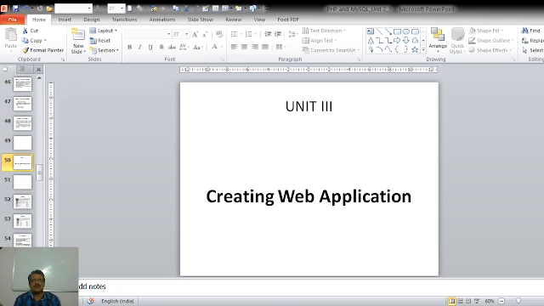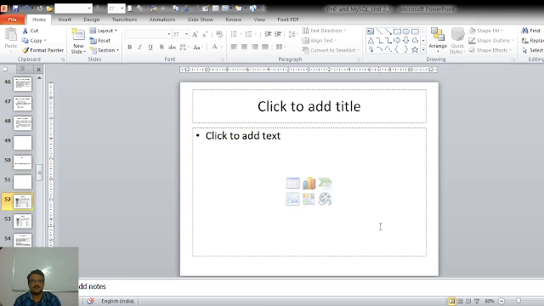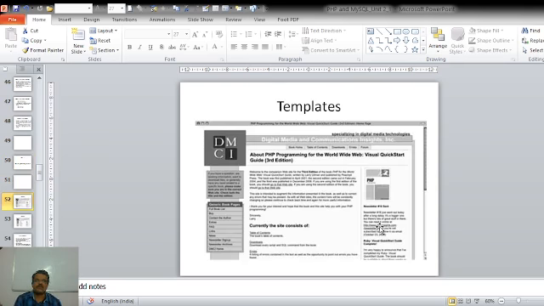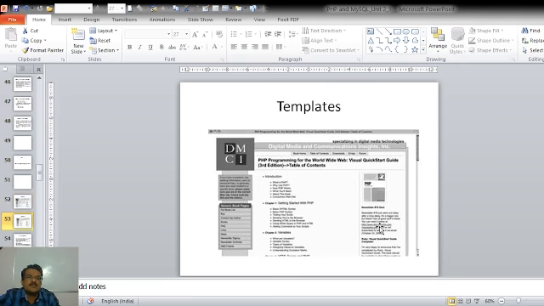Let us understand this with the help of an example. Suppose this is a web page which contains page specific material in the middle part of this page, and the left and the right part of this page are constant. Means the left content table and the details table will be same on each and every page. The only part that changes in each and every page is the central page content, right?